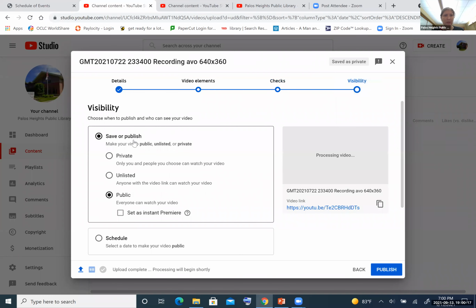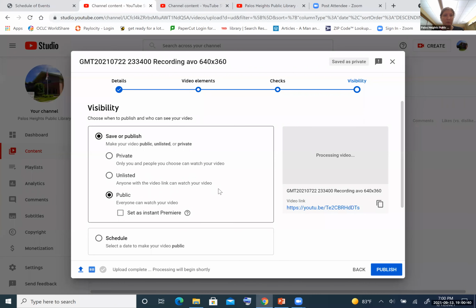And visibility, this is the other important thing. Usually you want to select it as public. Otherwise, if you select it as private or unlisted, a lot of people cannot find your video. If it's specifically for some of your friends, you could list it as private, and then you would have to send them the link.